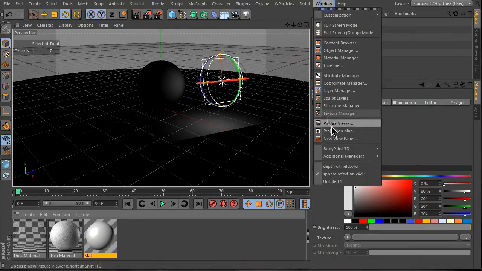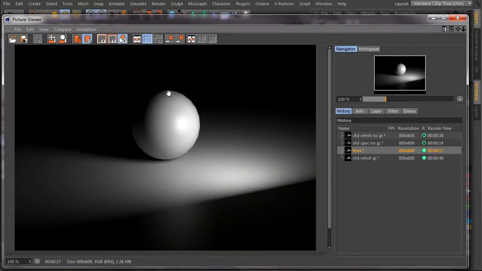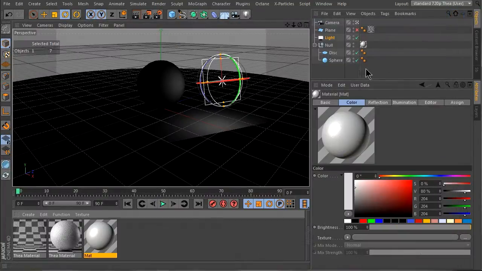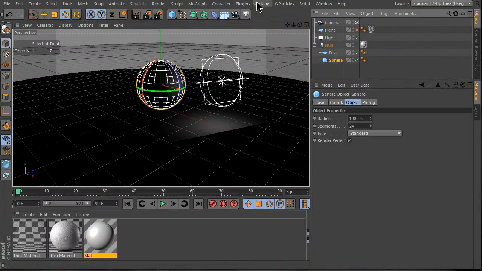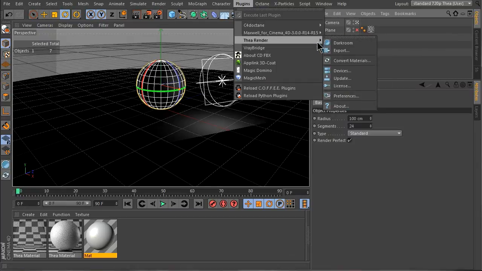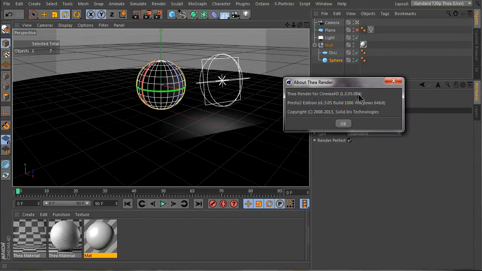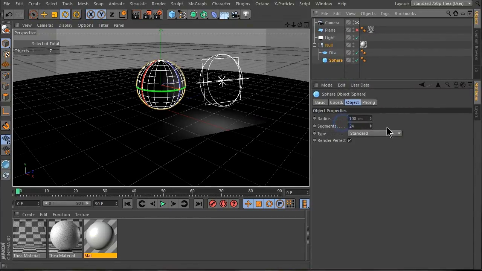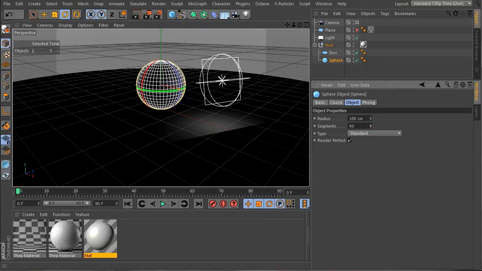Within the render, the last thing I want to point out is that there are these jagged edges on the Thea Render render, because the current plugin that I'm using, which is this one, does not take into account render perfect. Instead, to get the render looking more smooth, we should up the segments,